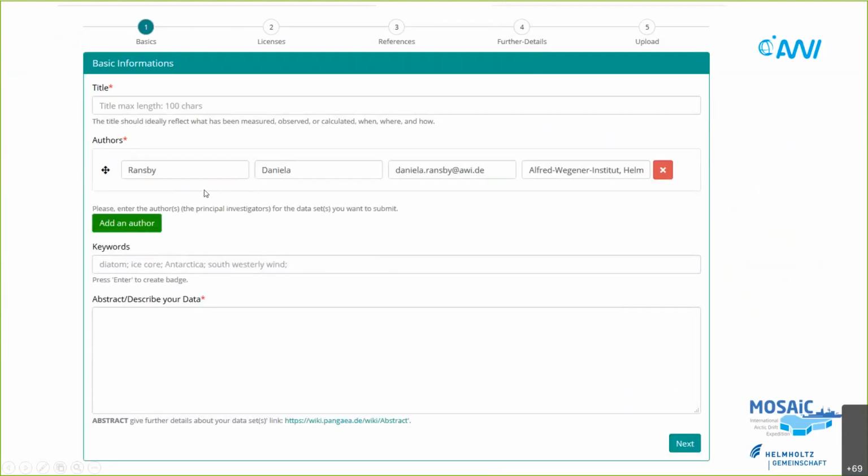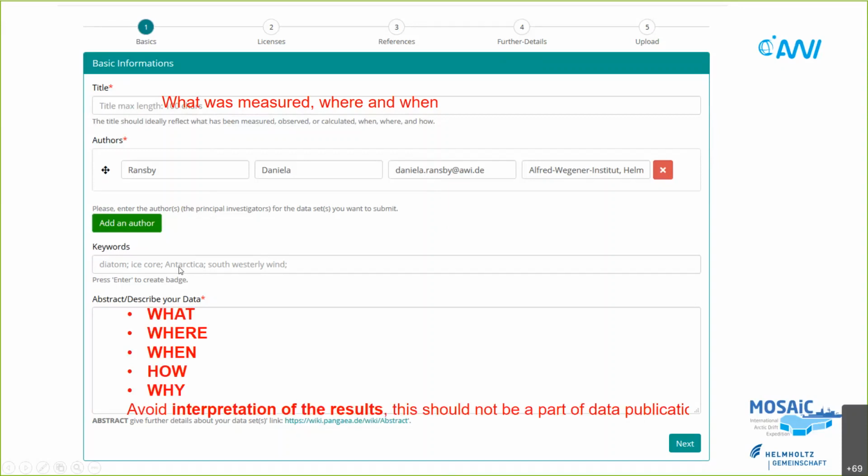So here the data set needs a title. Typically the title should contain what was measured, where, and when. Authors with contacts and institutions. You can add keywords, and the abstract is very important. The abstract should be different from the abstract of your maybe prepared or submitted paper.